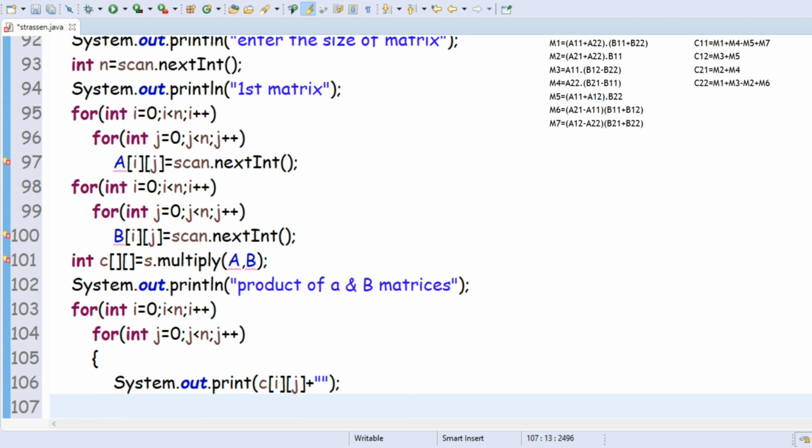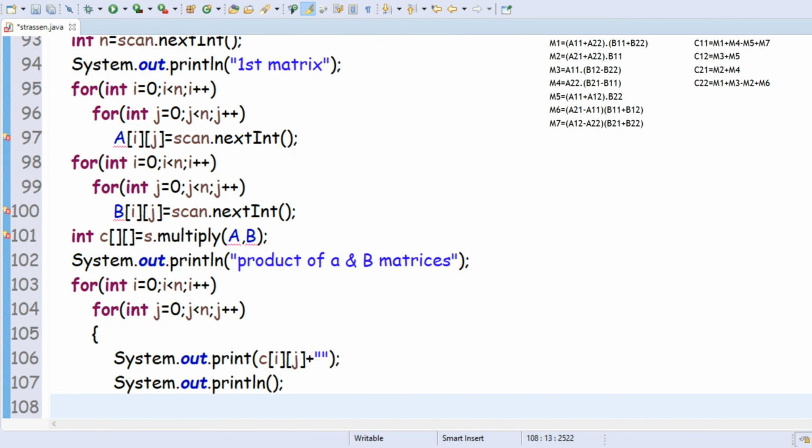Okay, after this, so for giving some gap to one line and on another line, we will use println function. Okay, there is no need of colon. Next, close off our main.